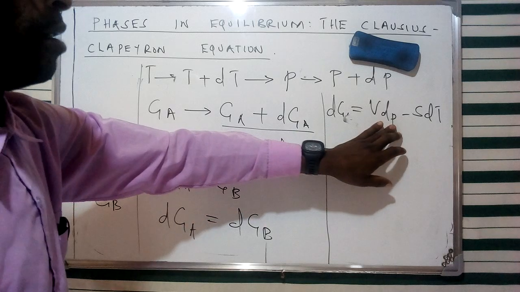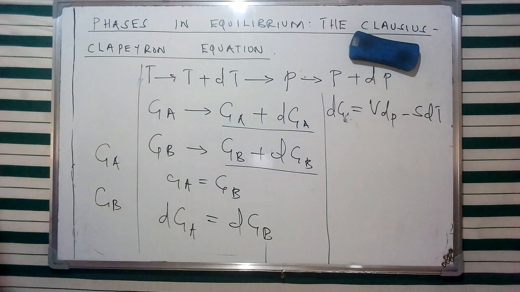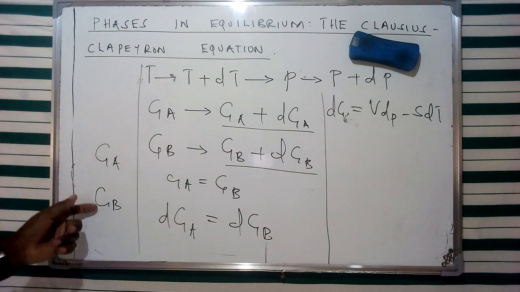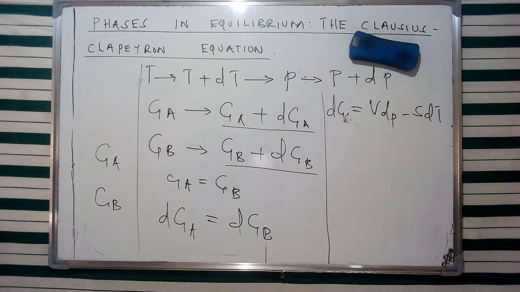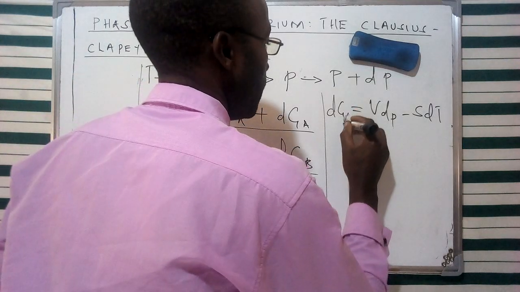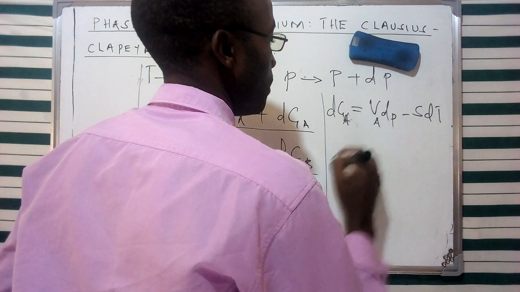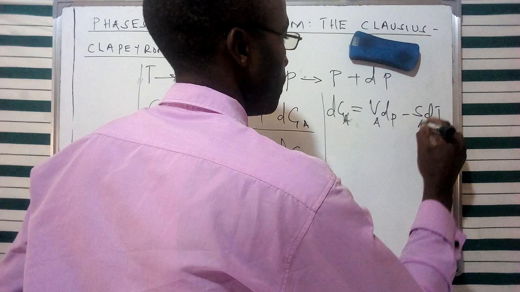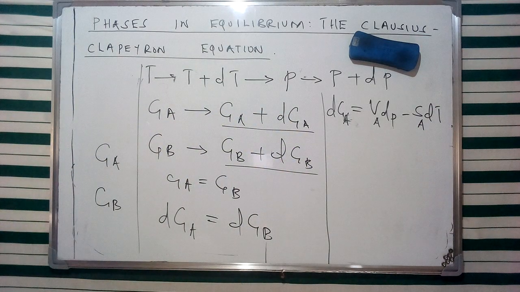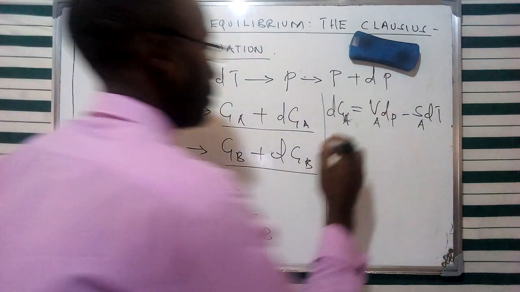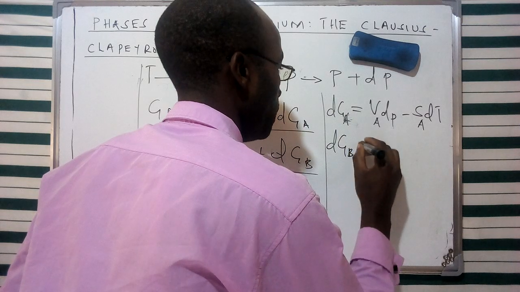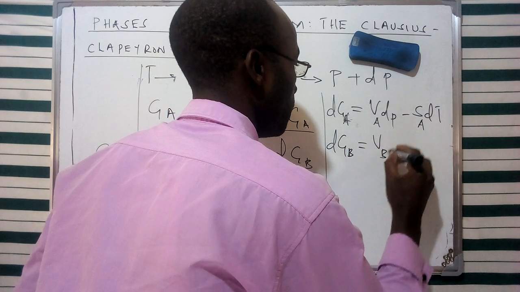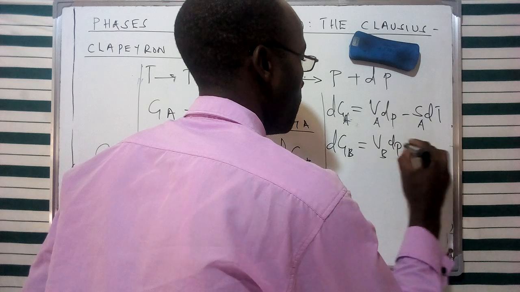And this is going to be the change in pressure and change in temperature, as we said, from this specific case that we are going to consider. Therefore, the two representations for dGA and dGB can be represented using these particular equations, whereby we're going to have this particular dGA representing the change in volume of A, and then the change in entropy of A being given as such. And of course, the second phase for B is going to be given as VB dP minus